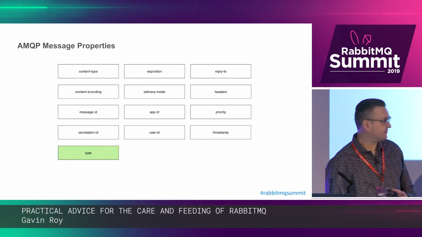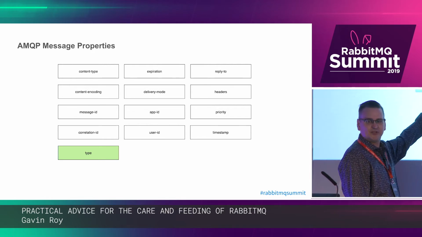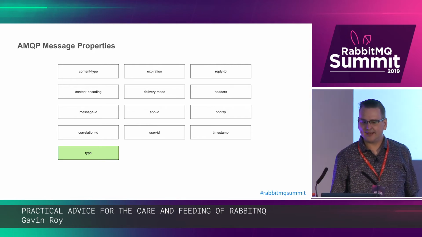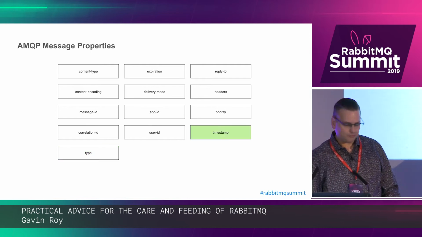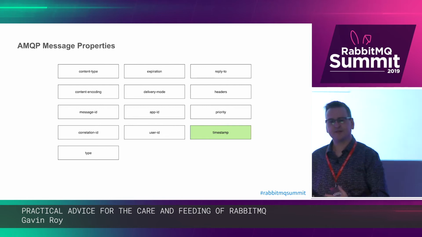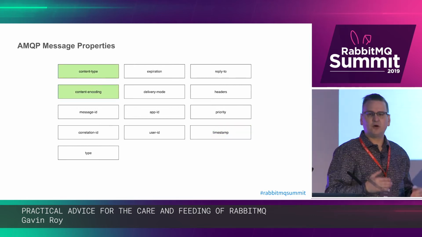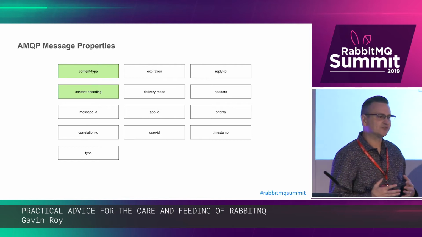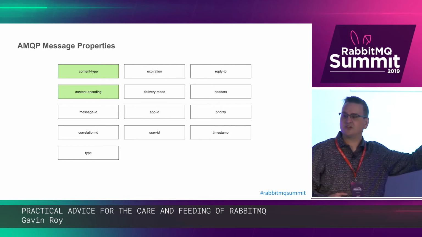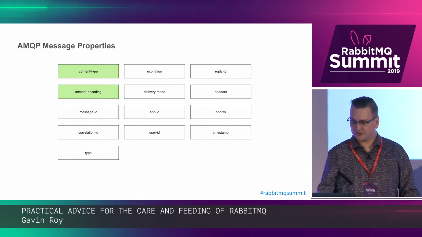So at the time, I'm advocating, well, hey, here are the properties that we have. We've got type. Let's use it. You want to know when the message was sent? Look, we've got a timestamp, guys. Come on, let's think about using this the right way. And we may not always be sending JSON across the wire, so let's make sure we're using content type and content encoding to describe it. Again, built into the contract.